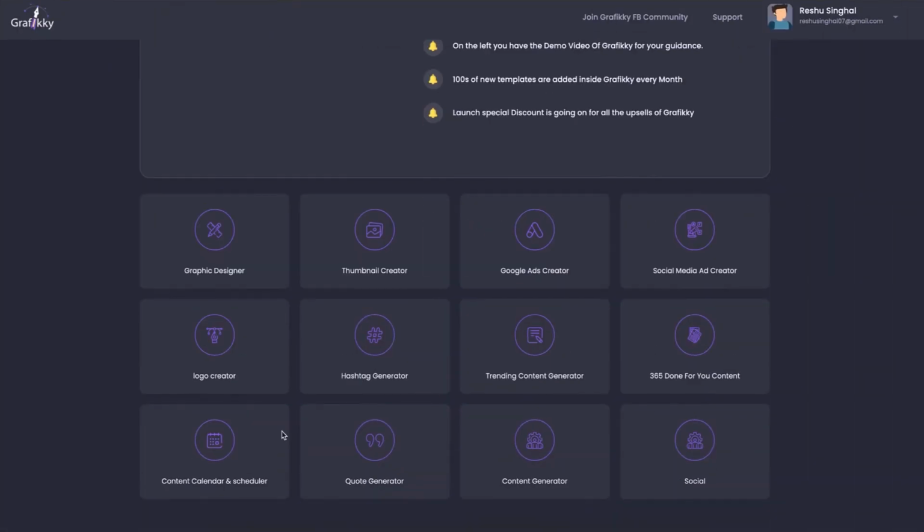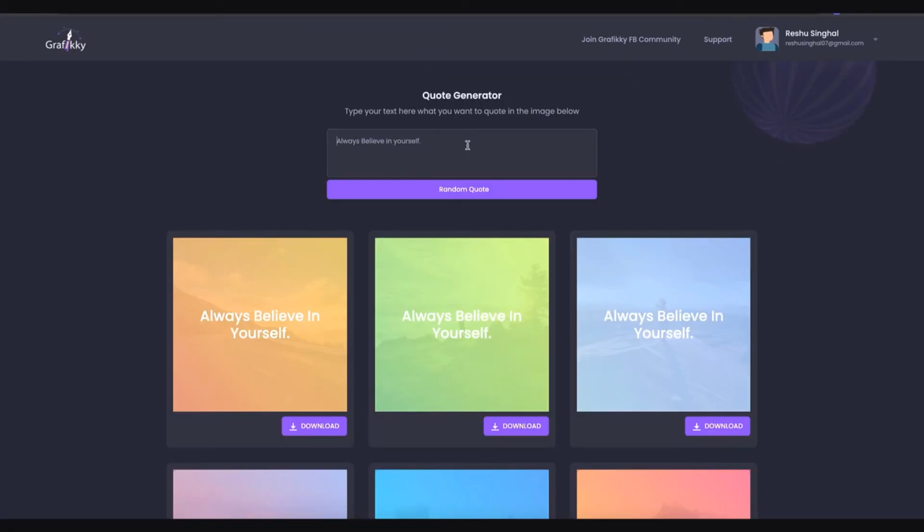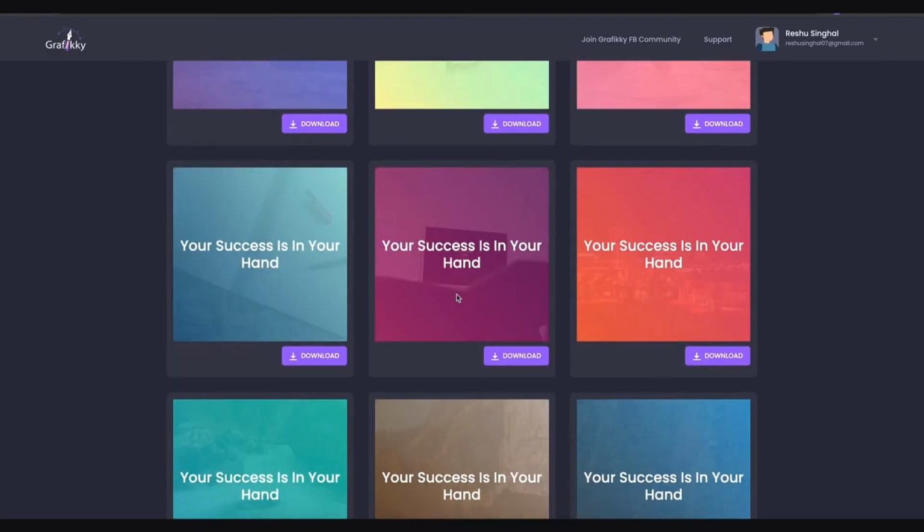Moving on to the last tool. This is how the code generator looks. Either you can put in your own content or your own code, like your success is in your hand, and you will see the text coming up over here.